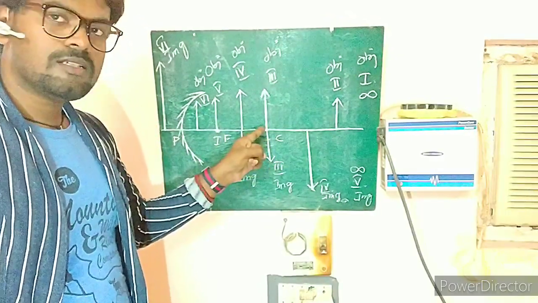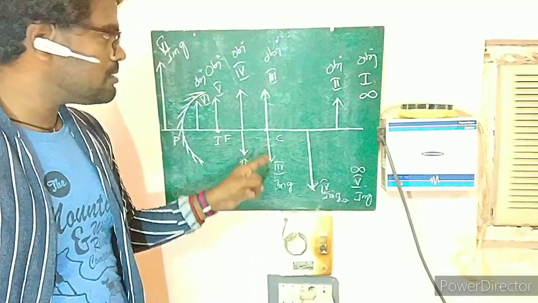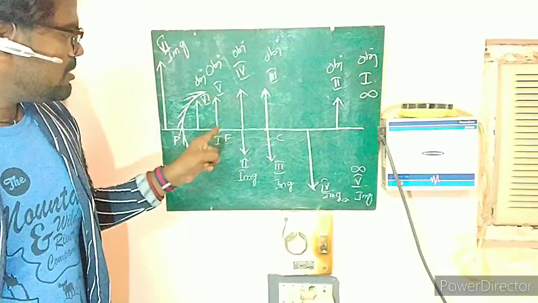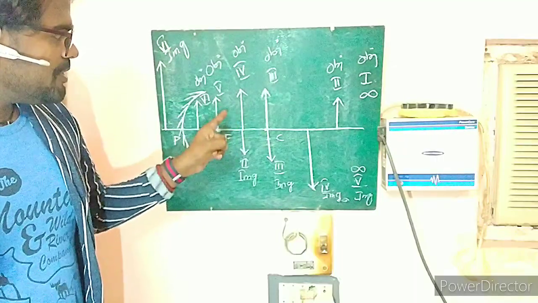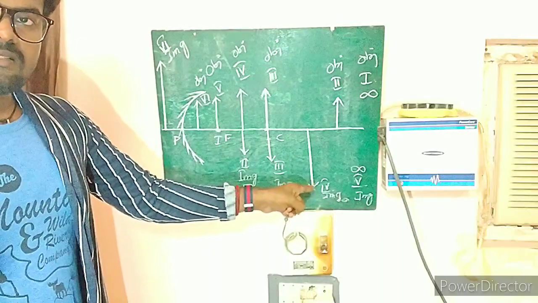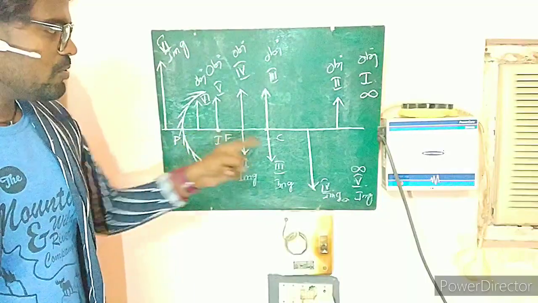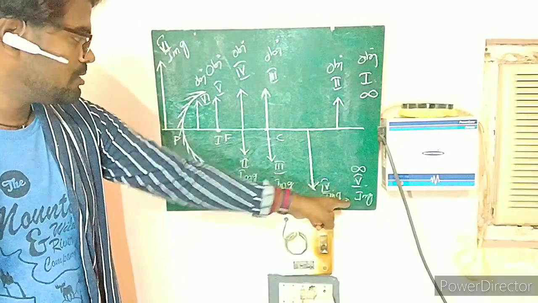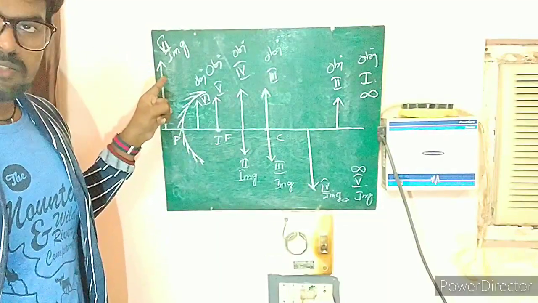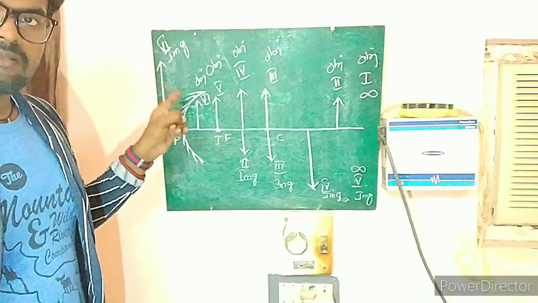And third one is when the object is at center, automatically you are going to get the same image at center only. It is also a real one, but here the condition is the image size should be same as that object size. And the next one is when the object is in between focus and center, you are going to get an image beyond center. This is the fourth condition. Here the image is real, but the size is magnified. And the next condition is when the object is at focus. When the object is at focus, you are going to get an image at infinite. This is the fifth condition. And when the object is in between focus and pole, you are going to get a virtual, erect and enlarged image. So here we are going to get this behind that mirror only. Behind that mirror, we are going to get this image.